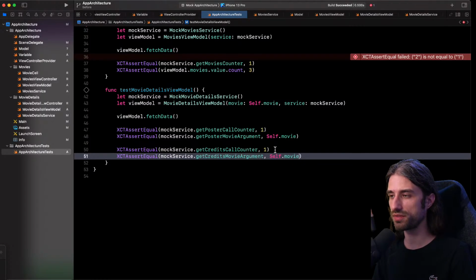And you can see that with this approach, what's pretty nice is that we are able to write tests that are not only black box tests, meaning that, I mean, in a way, is it a black box? It's still a black box test in a way because we don't touch directly the private members of the view model. But since we have control over its dependencies and we've implemented mock versions for it, we are able to take a look at how the view model used its dependencies, and we can make sure that it uses them in the right way.